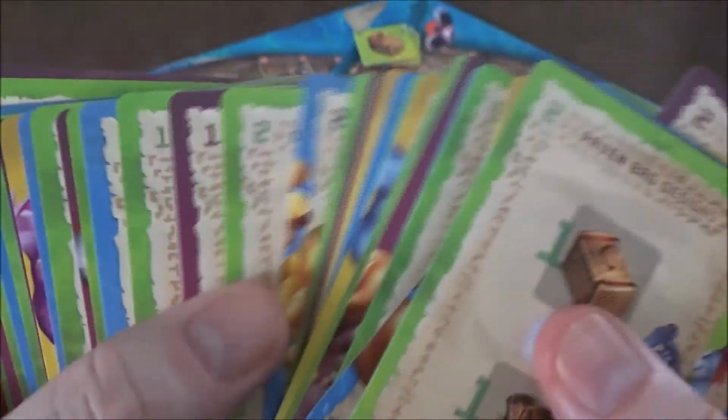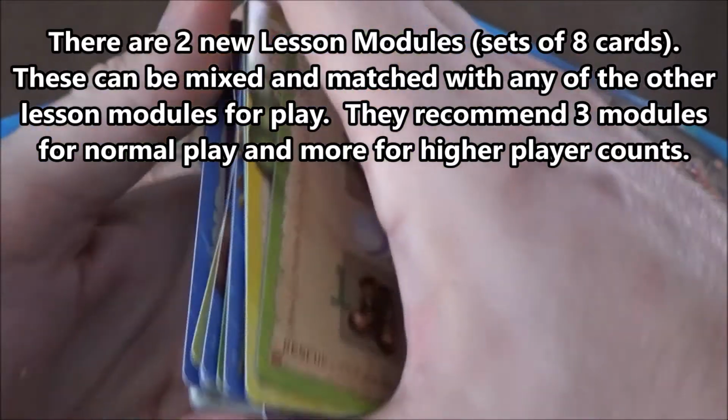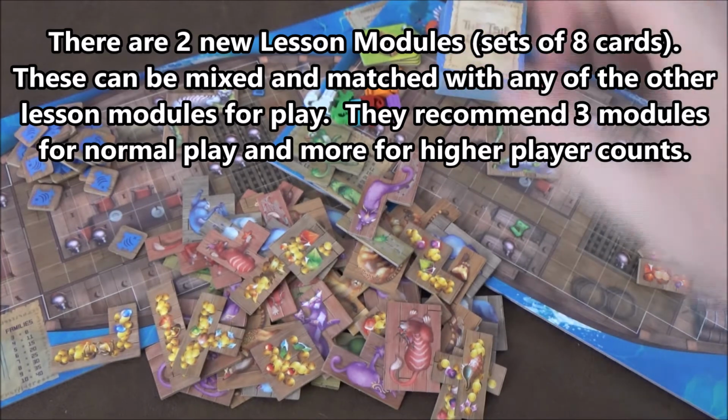But like I said, I think there are 2 unique new lesson cards in there that aren't in the base set. At least that's my understanding. There may be more, because I know there's more than that in there. But